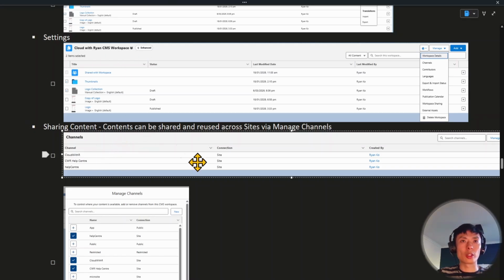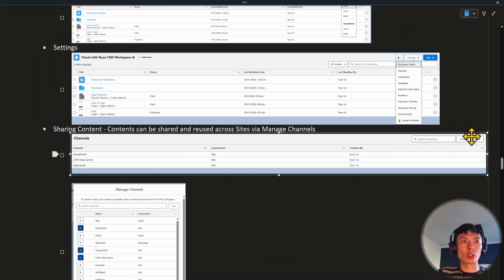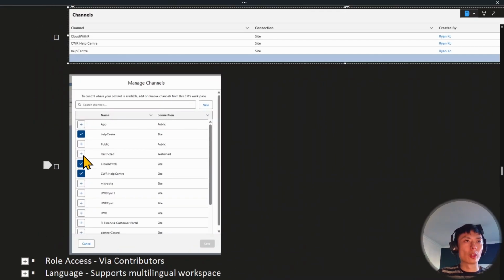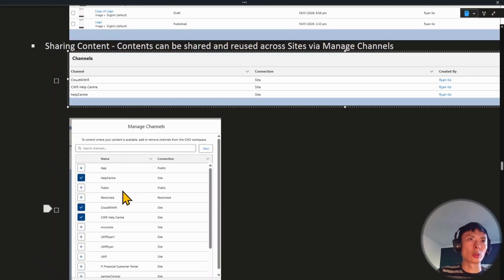At this stage, I'm sharing the content from this particular workspace with 3 Experience Cloud sites. If I want to modify that, I click on Manage Channels, and this will display a list of connections that I have, and that allows us to modify, add, or delete the channels that we want to share